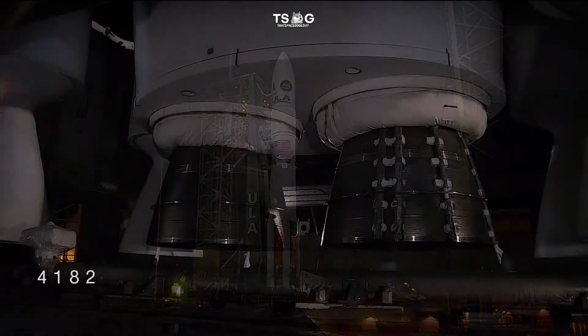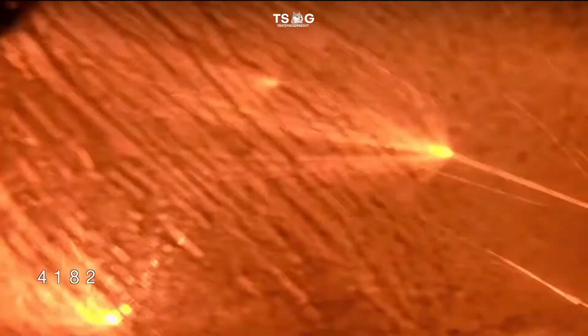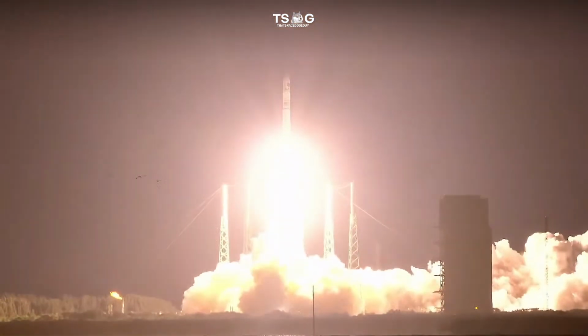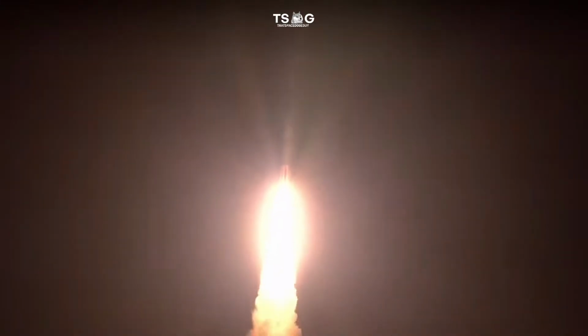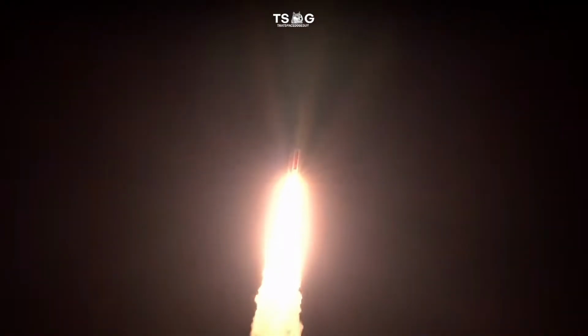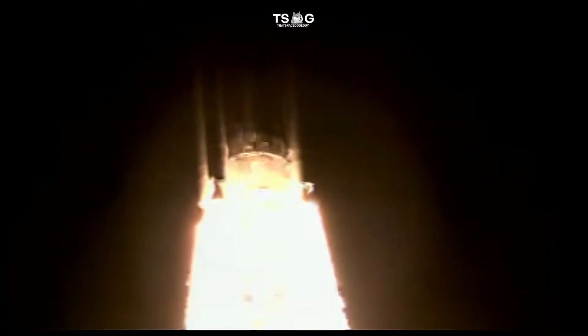Okay, so this is a launch that is going to a pretty high orbit. 7,511 kilometers by 7,116. Yeah, if I remember correctly, this one was heading straight to geostationary. Yeah, these are going into a geosynchronous orbit. So they're going really, really high up. Which explains why they chose